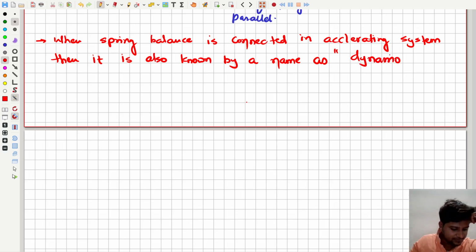What is it called, guys? Dynamometer. Is that clear or not clear? And over there, once again, we try to find,